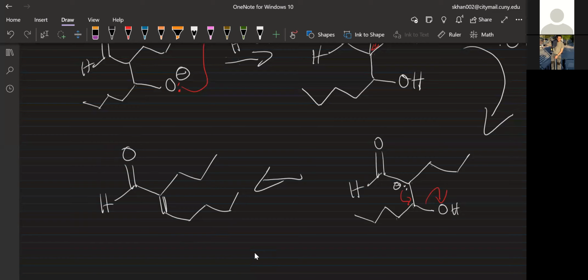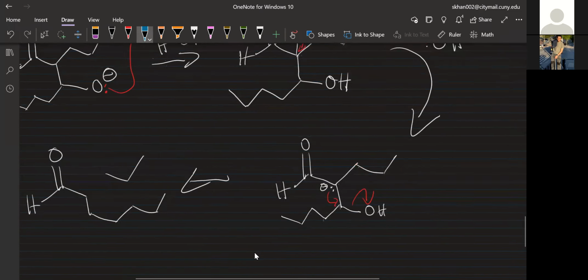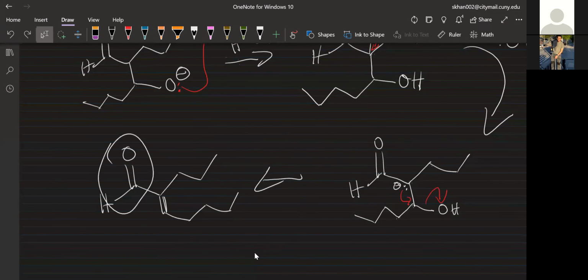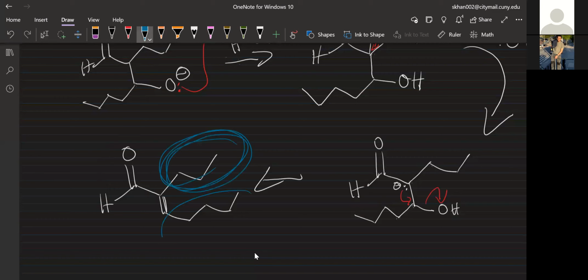steric interactions, right? Think about this as a gigantic group in itself. You have a large amount of electron density here. Oh, shoot. Let's try to undo that. Right, you have this gigantic group of electron density, then you have this gigantic group of electron density. You're going to have repulsions, right? And that's why it's important in terms of your final product to make sure your, what's it called, I guess where your double bond ends up, you create